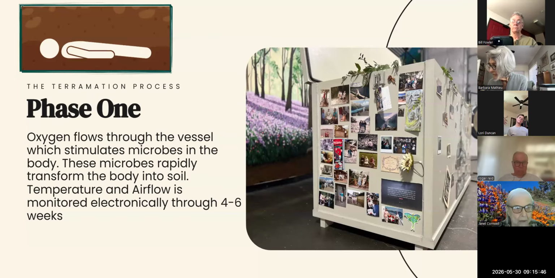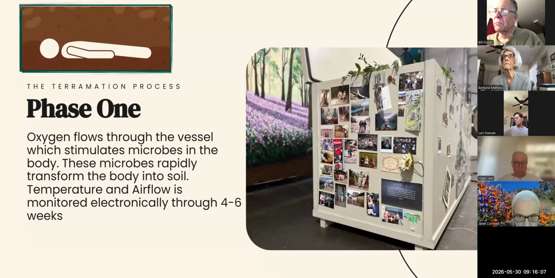And then we have an electronic monitoring system that tracks how all of our families are doing in that first phase. And after 2 to 3 weeks, we'll watch that temperature start to drop back down below 131 degrees, which is kind of our monitor point. At which point, when we see that temperature has dropped, we're going to now remove that vessel and do a full 360-degree rotation of that entire vessel.